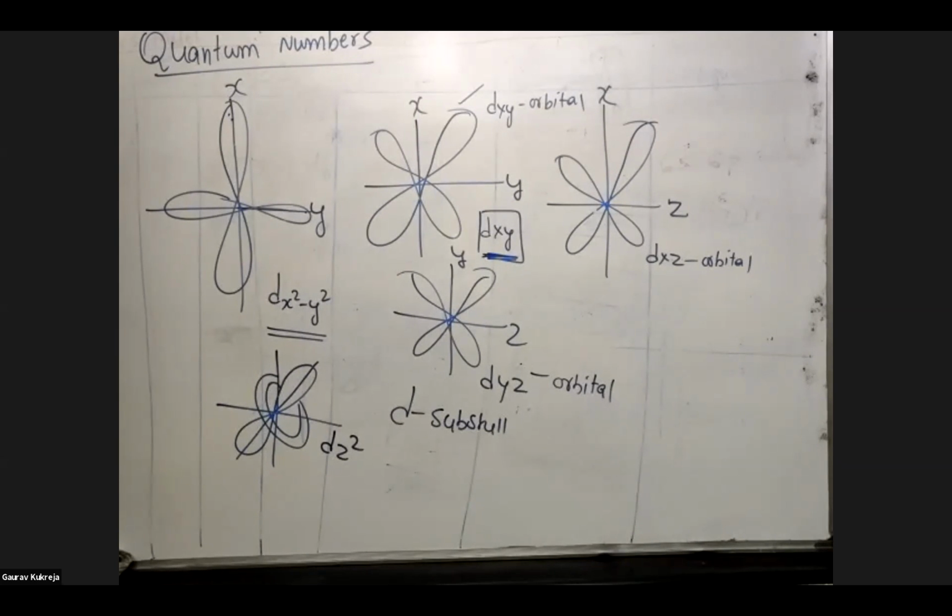It is very difficult. I will send you the animation of the F subshell. There you can see how difficult it is to understand in 2 dimensions. What you can say is the shape of F is quadrupole. Quadrupole means there will be 4 dumbbells. If there are 4 dumbbells, then placing them and imagining them is difficult. So that's why we will consider them as complex. Don't try to understand more about the F subshell here.